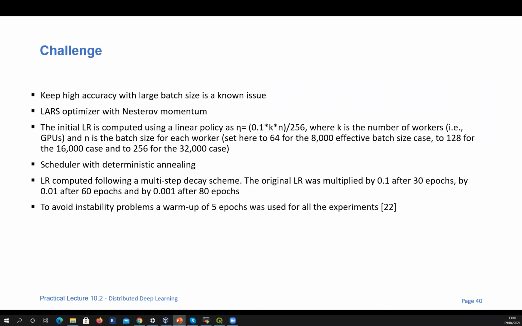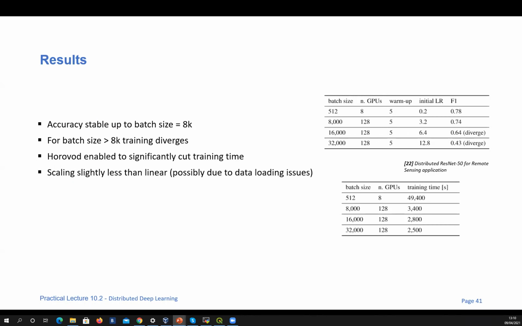So we combined all these techniques also with a warm-up of 5 epochs to scale constantly at the beginning. And what we obtained was that we could actually reach good accuracy, so maintain quite good accuracy up to a global batch size of 8K, so 8,000 samples,